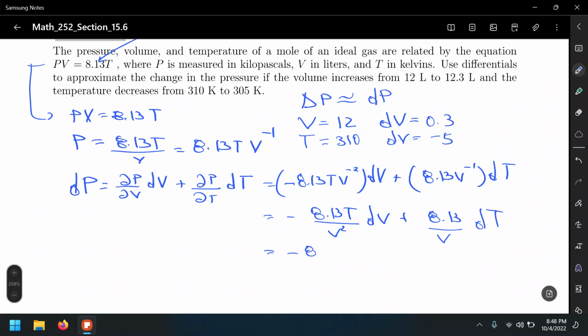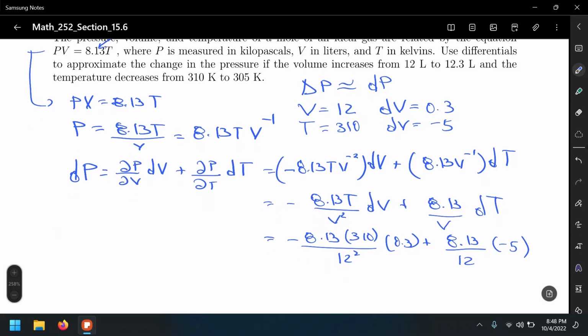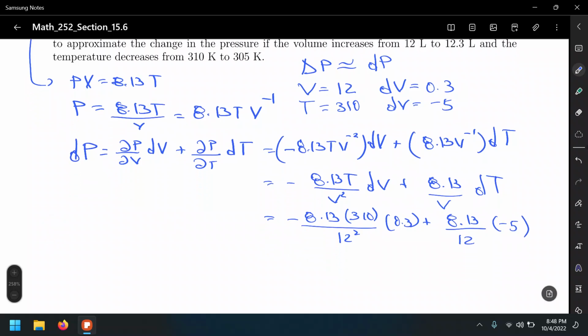So that's a negative 8.13 times the temperature, which is 310, over the volume squared, that's 12 squared, times dV, but dV again, that's 0.3, plus 8.13 over the volume, which is 12, just 12, not squared, times dT, which is negative 5. And simplifying all this madness,